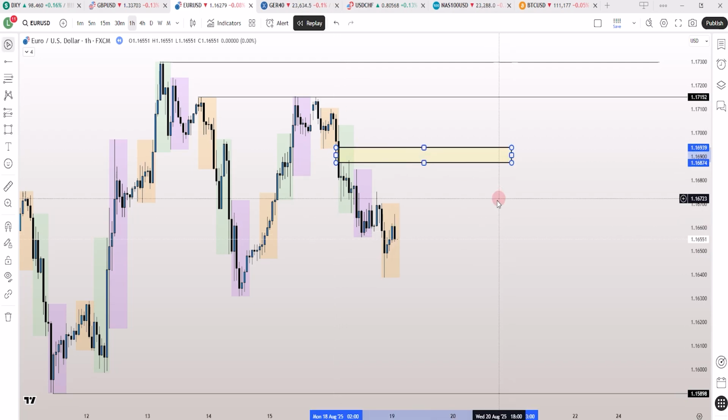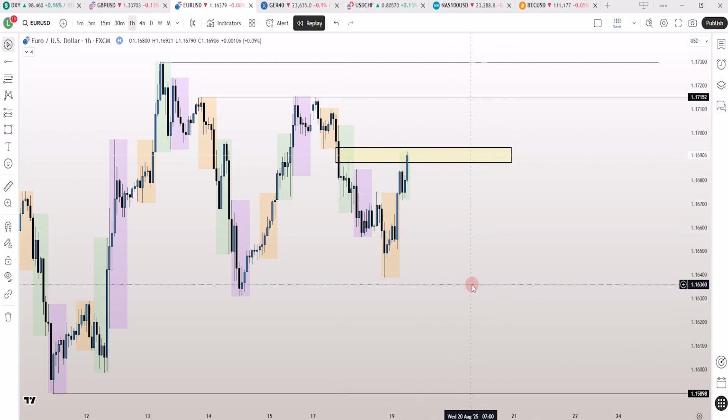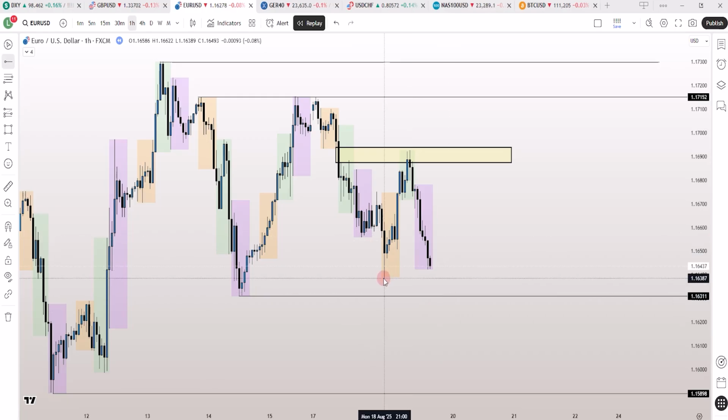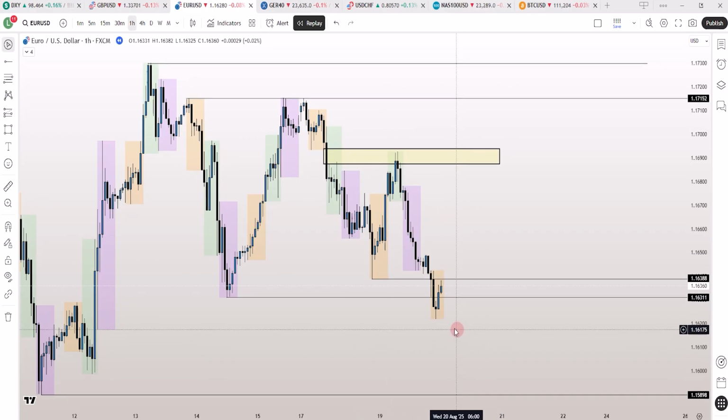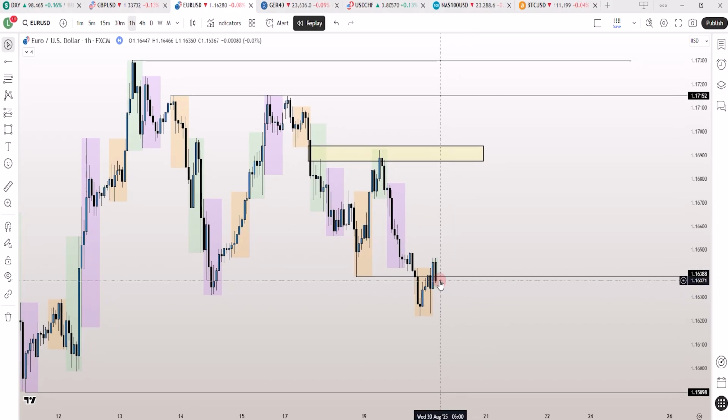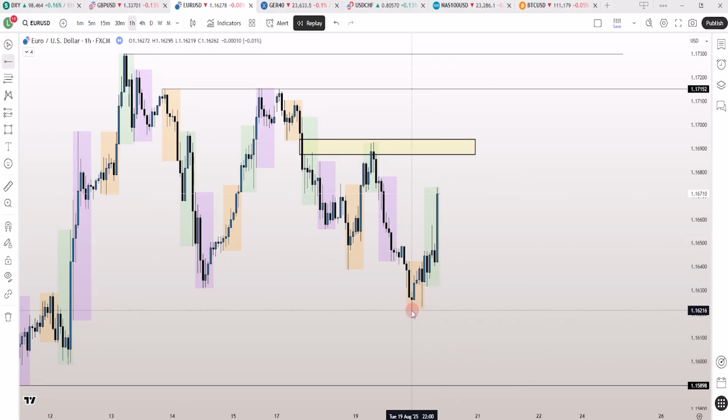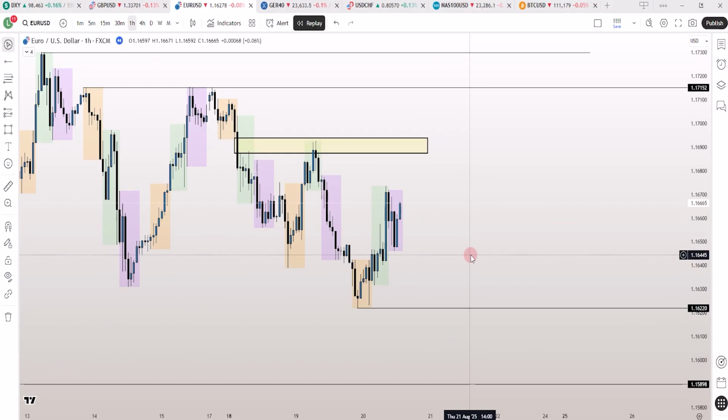In my experience, each session has its own specific task, and this is the meaning of the price delivery algorithm that drives the market within the day. I will show you how to read the targets of London and New York, how to distinguish between external and internal liquidity, and why sometimes the right entry doesn't work because it's not a reversal, but just a phase of